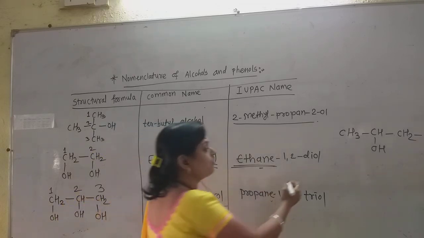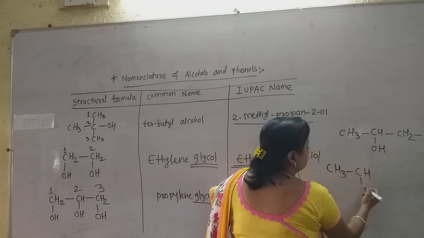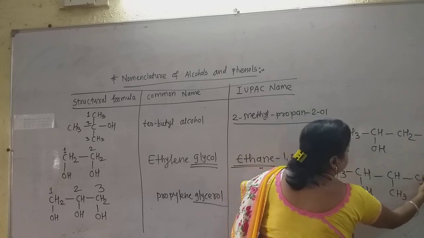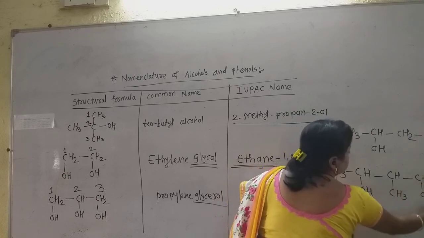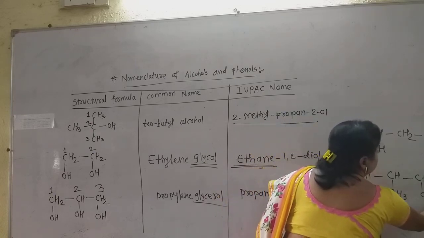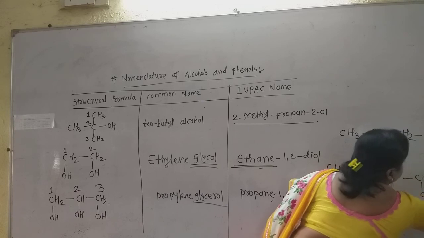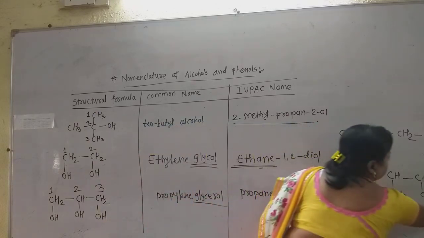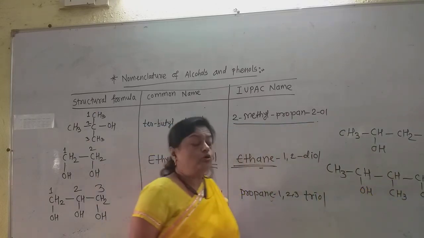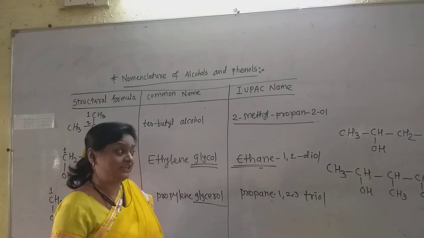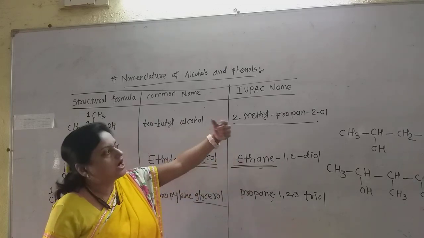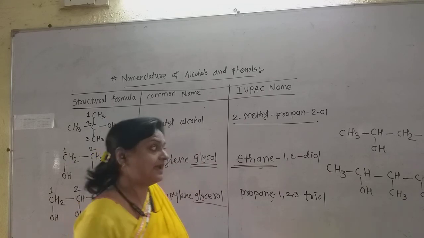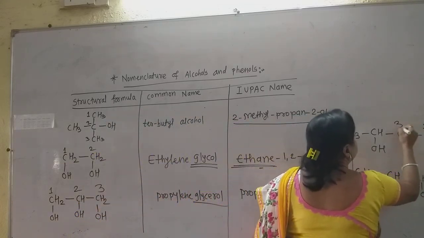But if such type of example is there, CH3, CH, and if this contains an OH group, again there is CH2, CH3. Suppose this type of triol or diol is there. Consider the triol again. Now, from which side the numbering is given, that is very important. The lower example is harder; the upper example is easy. You give the numbering from this side because there are two OH groups nearest to the right hand side. So give the numbering as 1, 2, 3, 4, 5.